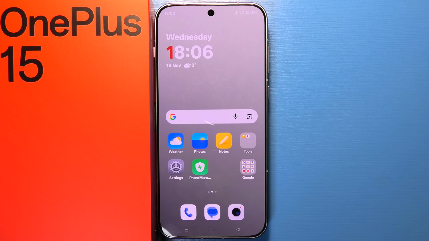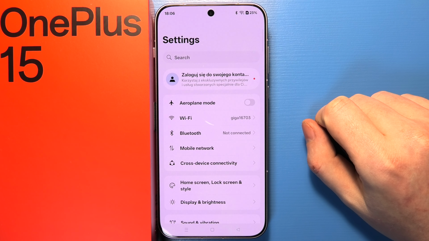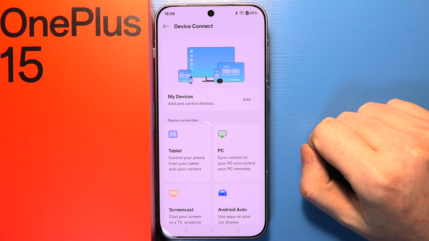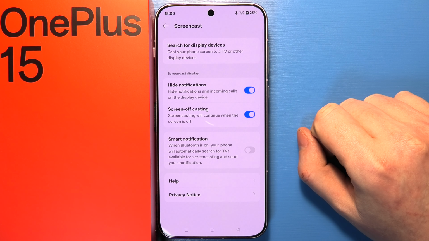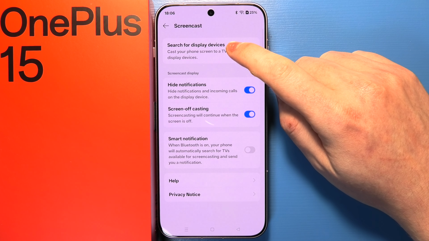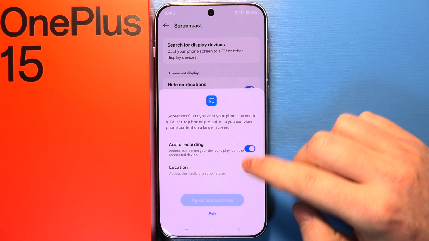To screencast your OnePlus 15 with your TV, first of all, let's open settings on our device. Next step is to click on cross-device connectivity, and after that we want to select Screencast. After that, select search for display devices, and then we need to enable each and every permission that you will